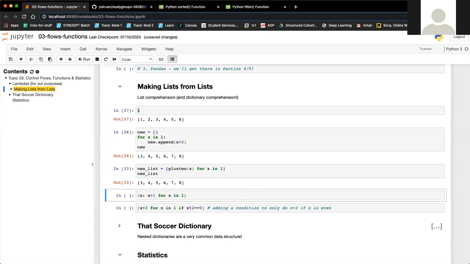Can you also use this if you have multiple lines of commands that you want to do in that loop? Let's see. If you have multiple lines of commands, I would first define it in a function, and then you could use it in that loop. So like how I did that plus 2 function,